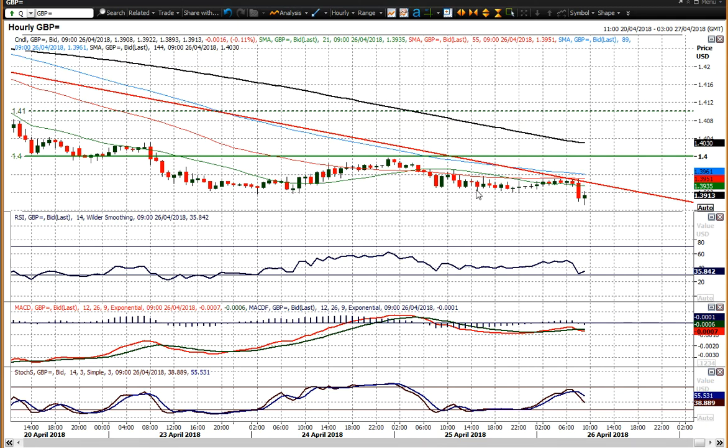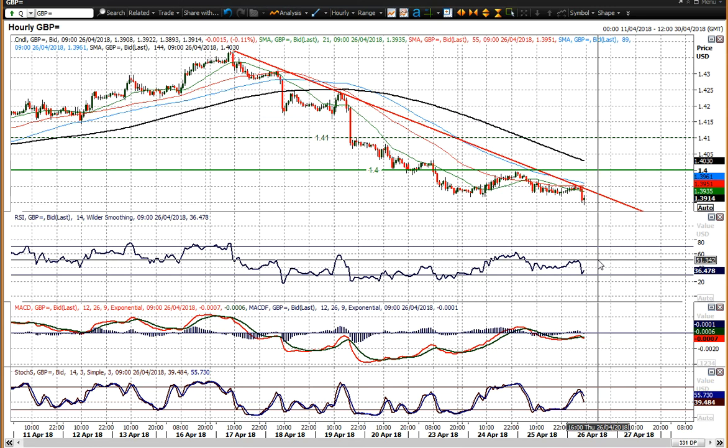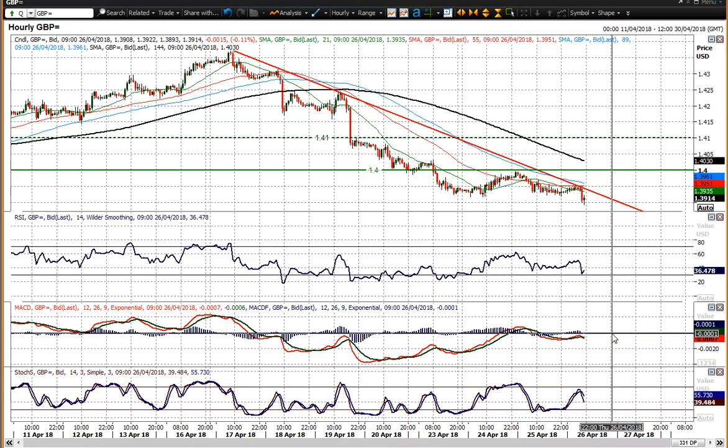Yes, we've reclaimed that to an extent today, but the momentum indicators are configured negatively across the board through this downtrend. The RSI on the hourly failed at 60, falling over at 50 today as well, so that's increasingly negative. The MACD lines are crossing lower again, below neutral, never great. Stochastics are crossing lower again. So it all looks as though rallies are being sold into on sterling,